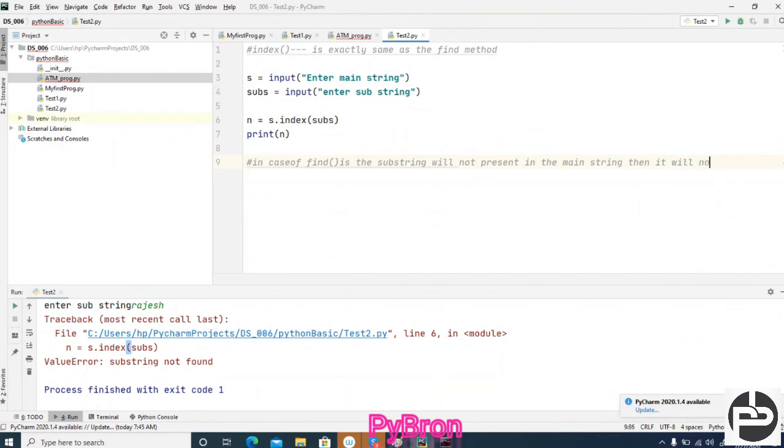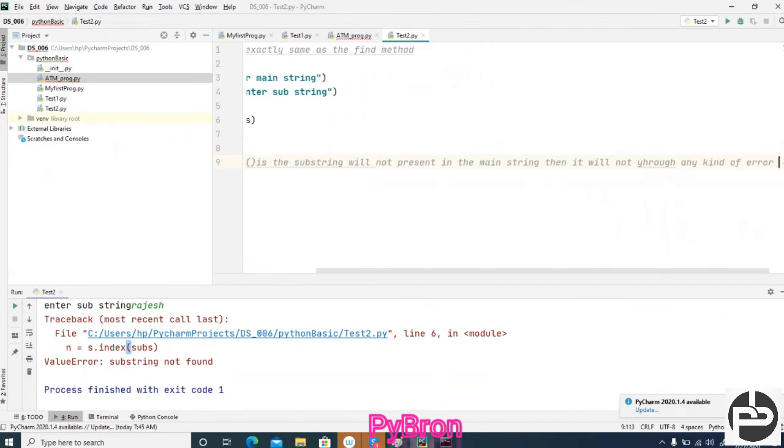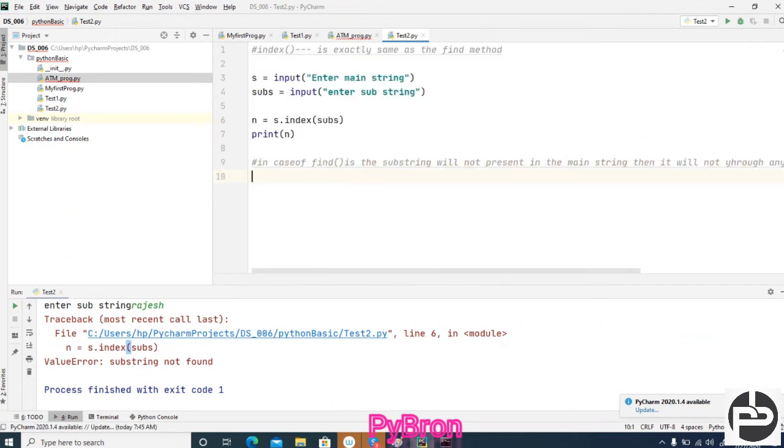It will not throw any kind of error. It will return -1. Okay, but in case of... sorry for my spelling mistake, please make it correct.